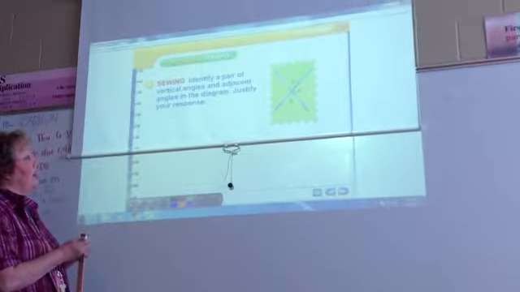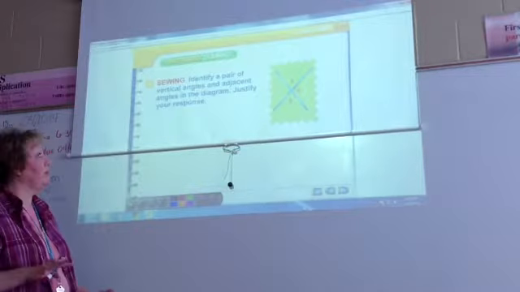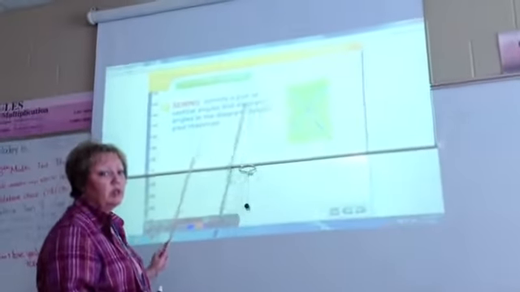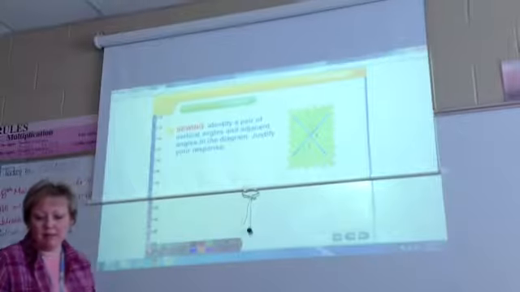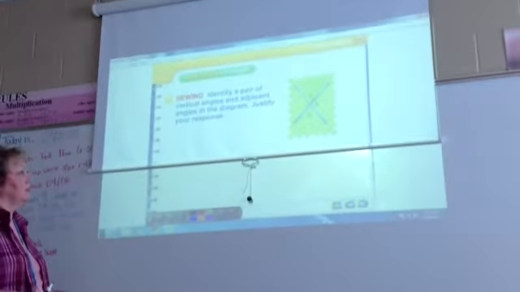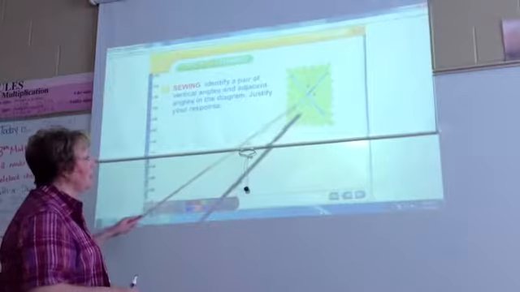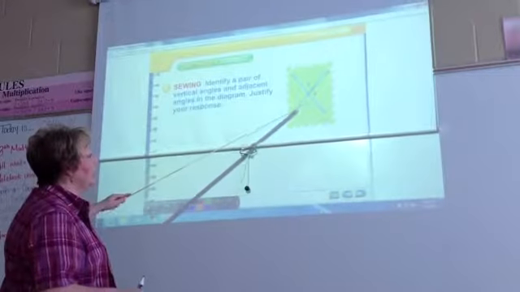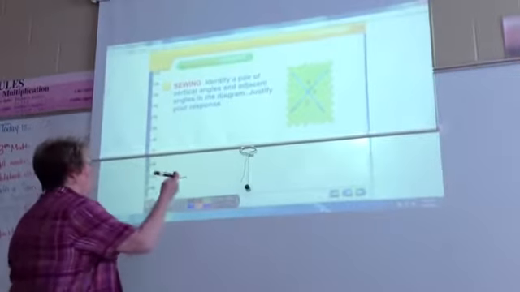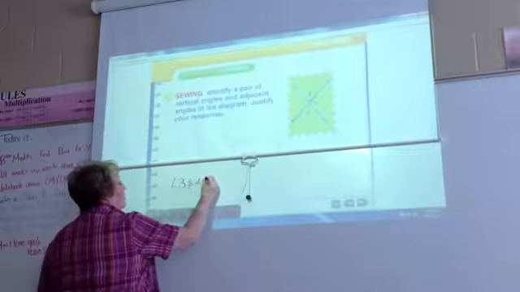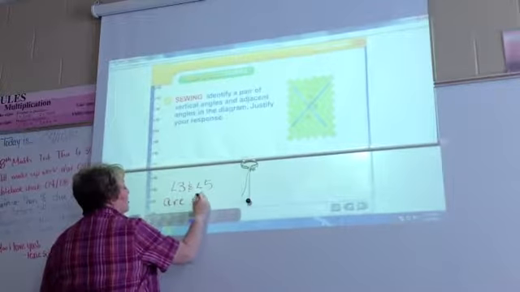Identify a pair of vertical angles, okay? It says a pair. It doesn't say every pair. So, do you see a pair of vertical angles here? Now think back to our definition of vertical angles, that they are opposite angles formed by the intersection of two lines. Do you see a pair of angles here? How about angle 3 and 5? They're formed by two lines and they are opposite. So we can say that angle 3 and angle 5 are vertical